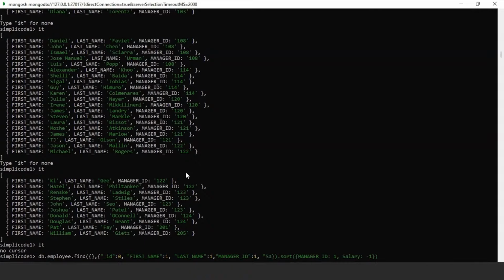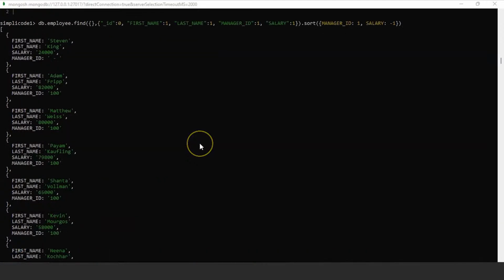So salary has 1. All right, so let us execute the statement and we'll see the output. So as you can see in the resultant set, after sorting the data based on the fields of manager ID